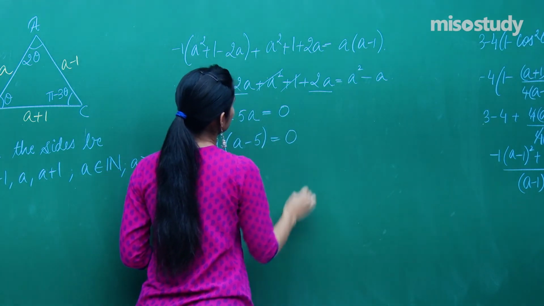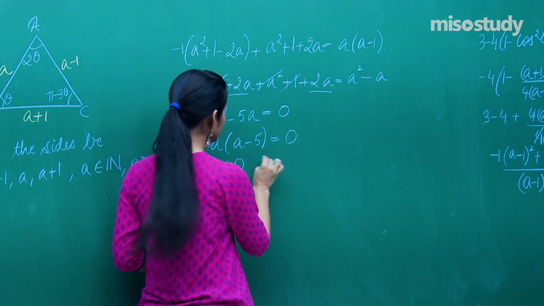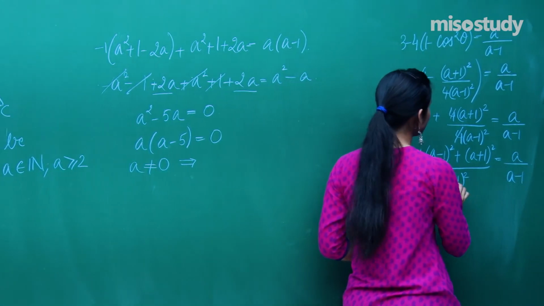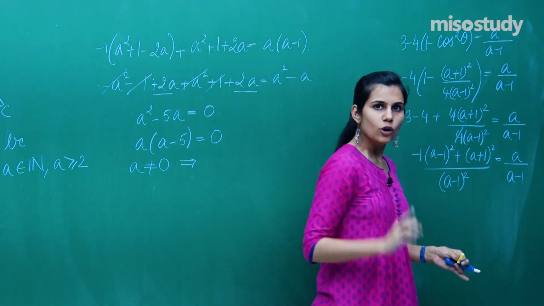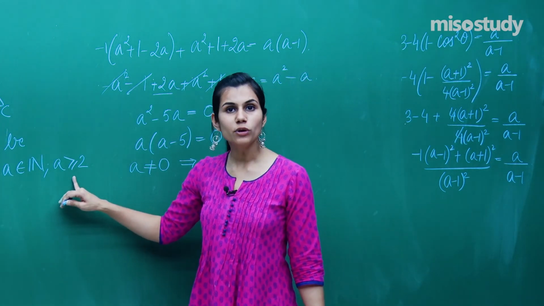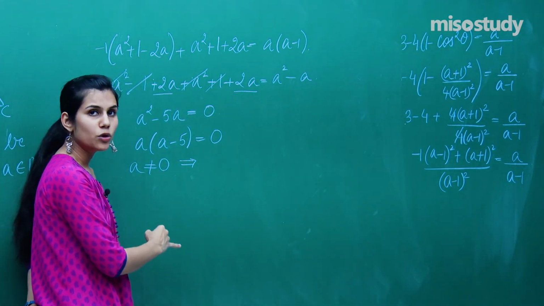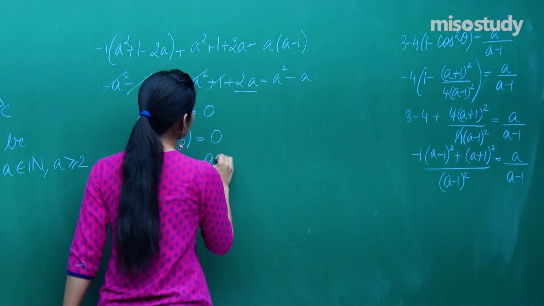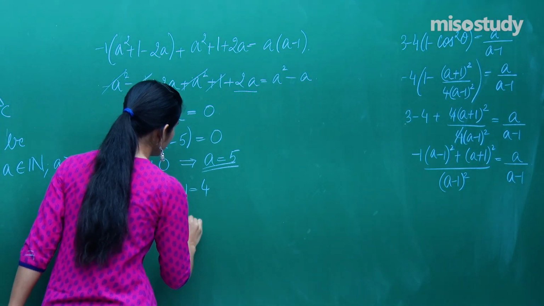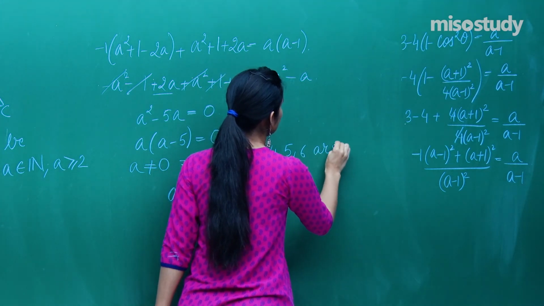A minus 5 is 0, but a cannot be 0. How can a side's length be 0? Right? Over here, why were we able to cancel? Did you realize? Here basically on cross multiplying, I cancelled a minus 1. I cancelled a minus 1 because a is not allowed to be 1. I have taken a to be greater than or equal to 2. That is why we cancelled a minus 1. Over here, a is not allowed to be 0, but the product is 0. That means a minus 5 is 0. So a is 5, a minus 1 is 4, a plus 1 is 6, and therefore 4, 5, 6 are